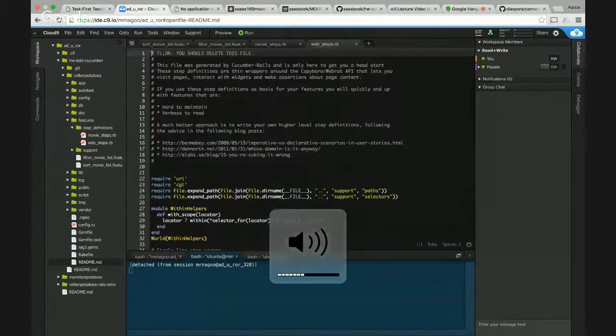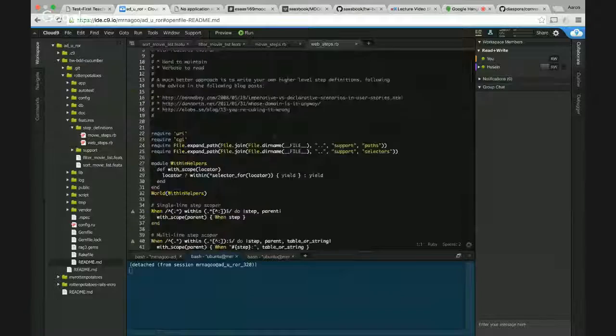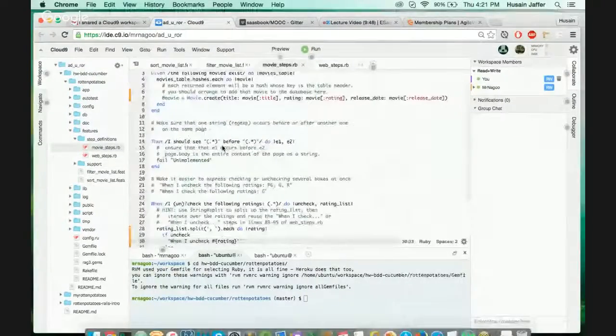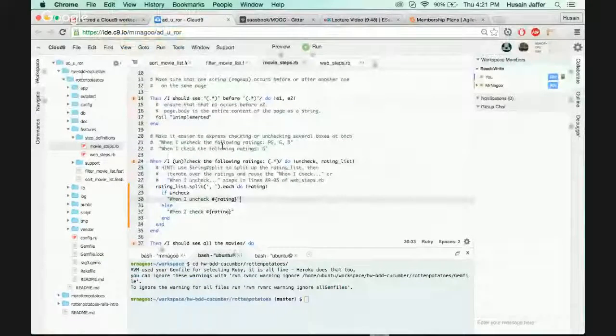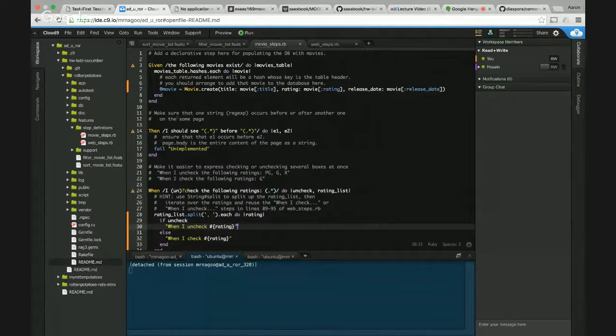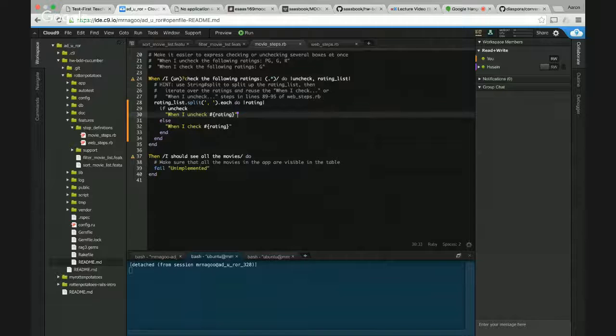No, I didn't add anything to web steps. This is a file that's already here. Okay, cool. Sorry, I was just confused. So all of these movie steps is also something that they gave us, and they just say fail unimplemented, the ones that they have given us,